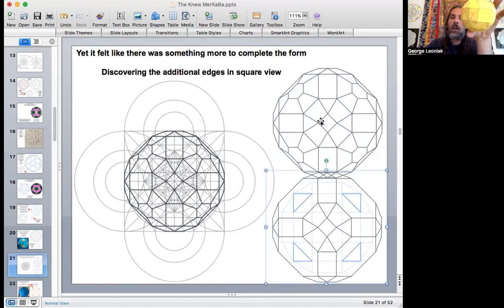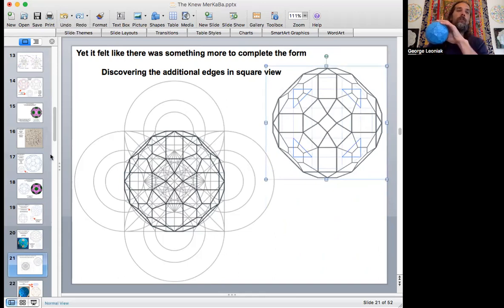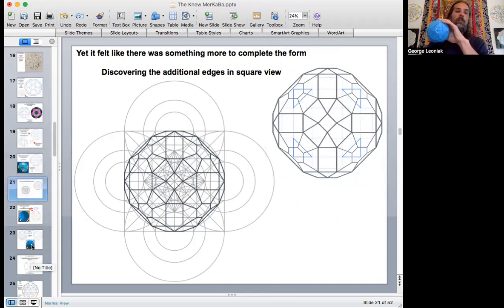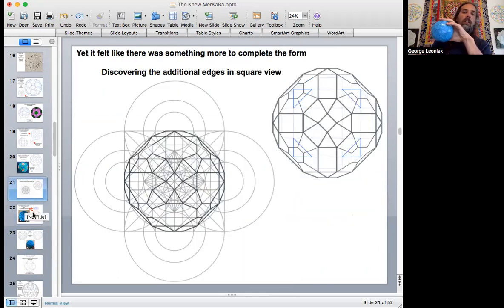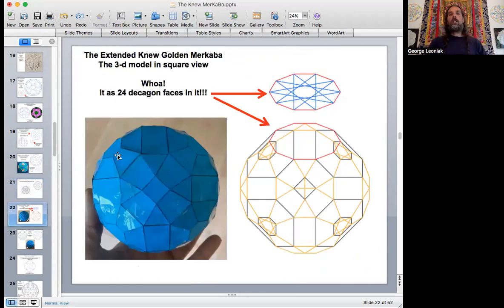Now, I could do the drawing, and I could see that there were lines that extended up to the top of that. It's actually a dodecahedron. In fact, it's two dodecahedron that are meeting at this place, but for some reason, they're missing their ends here, right? So I was like, that's the complete form. And that's what this form is, okay? It's this one here, okay? So this will produce this model here